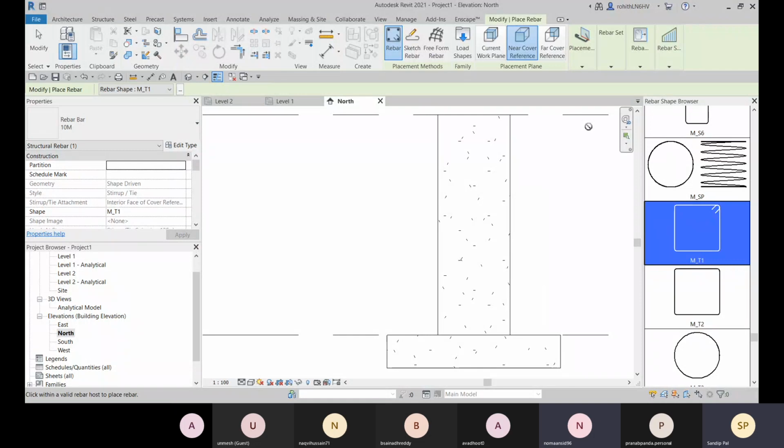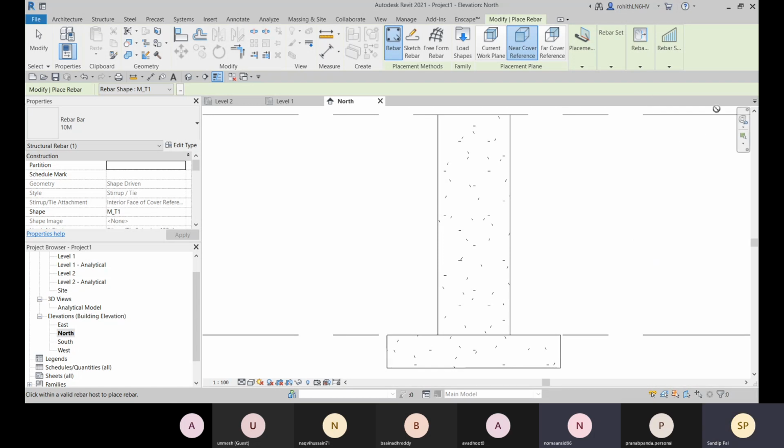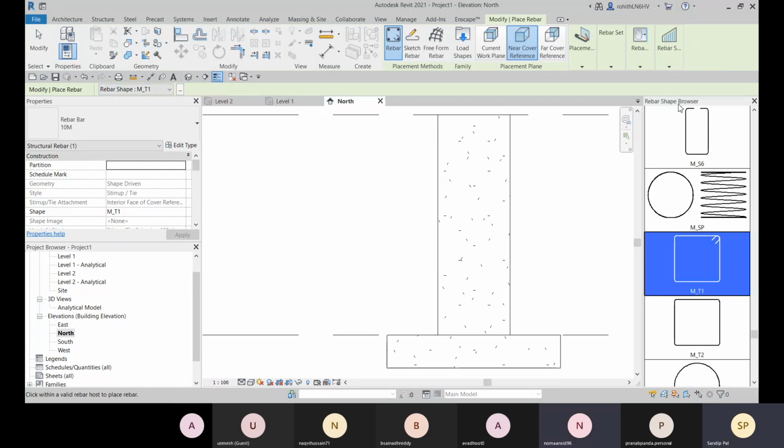When you clicked on that rebar button, you got that rebar shape browser. Is there another option for it? Because in mine it is not available, sir. If it is not available, here you have to click on launch or close rebar shape browser. You will get this option within this option bar, this is the option bar. I hope you all know. You have to click OK on it and again you will get it. Is this solved? Yes, sir. Okay. Thank you.